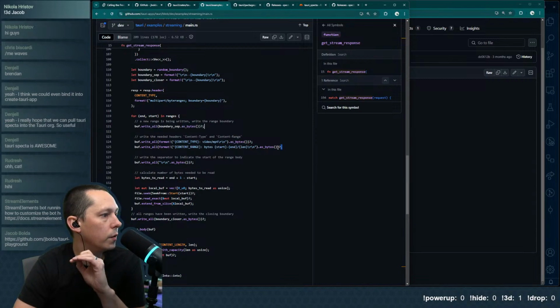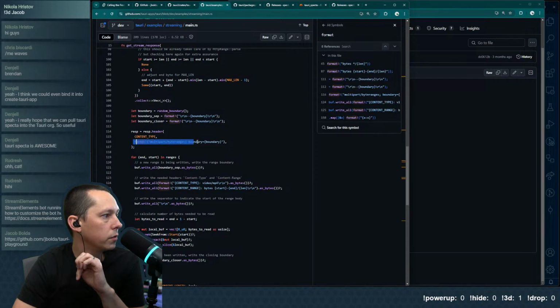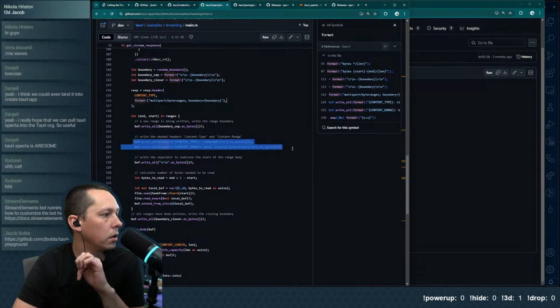Now here, what we're doing is defining these. We basically do a multipart byte range header, and then we write starts and ends with bytes.